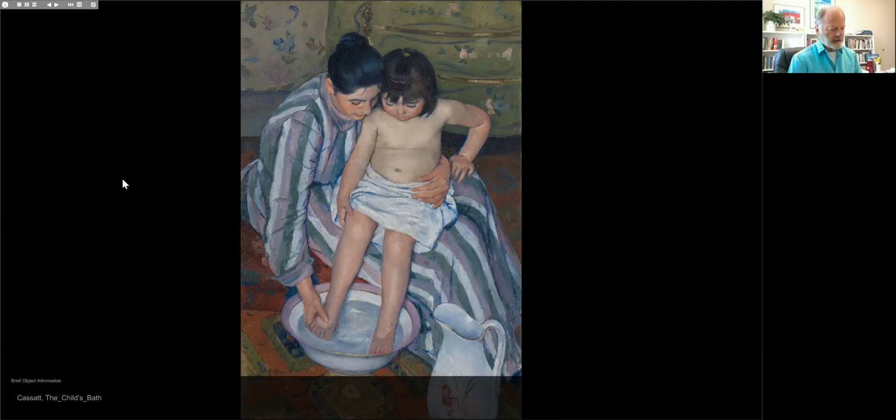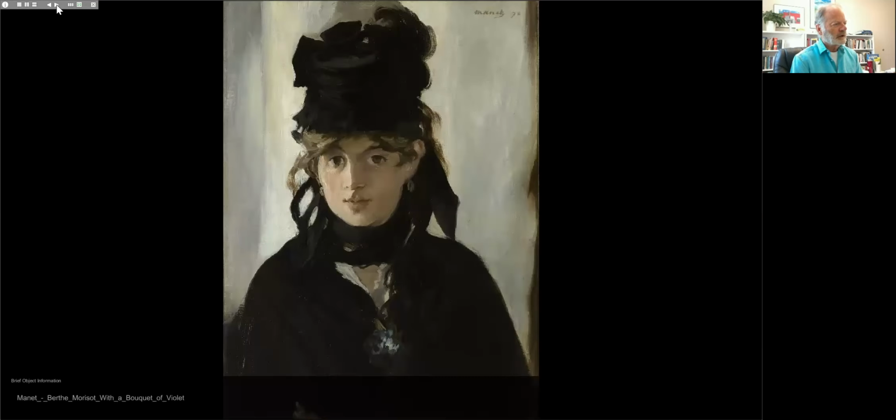All right, the last painter that I'll talk to you about today is Berthe Morisot, who lived between 1841 and 1895, so a much shorter life. And I remind you that she was painted by Manet, as we see here. Berthe Morisot with a Bouquet of Violets. Really a beautiful painting that dates from 71 or 72.